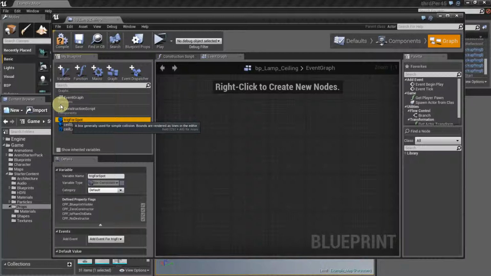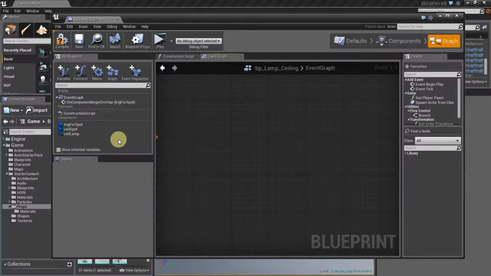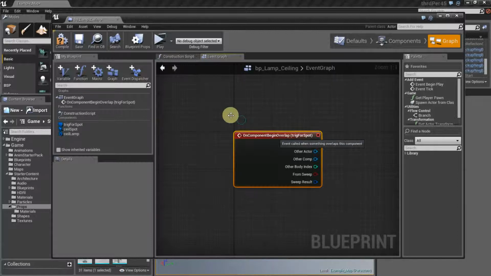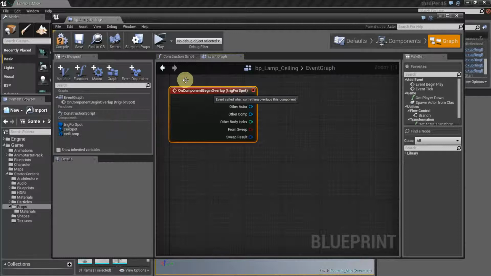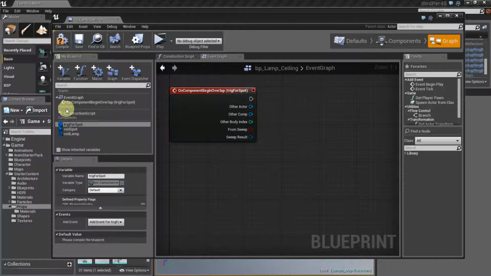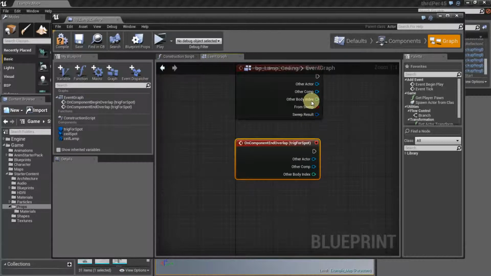Okay, so there's the first thing. And while we're at it, there's begin overlap, we might as well put the end overlap on. And push those off to the left using the right mouse button. Then what we need to do is choose our spot, and take the first execution wire out. So left click out to a spot, and then as we let go,